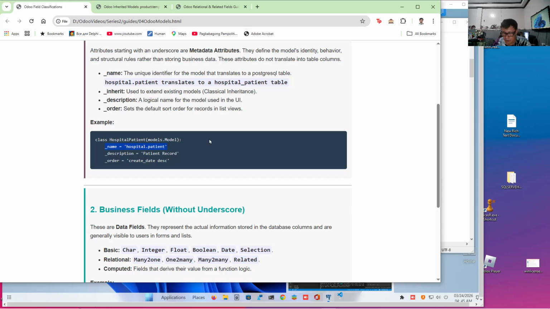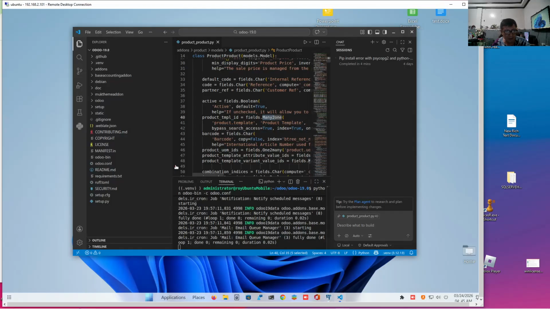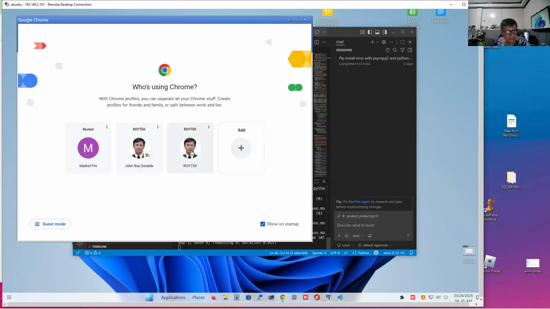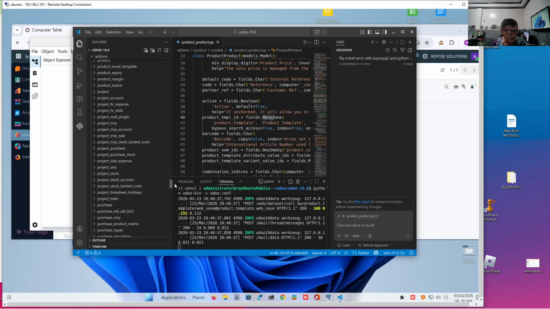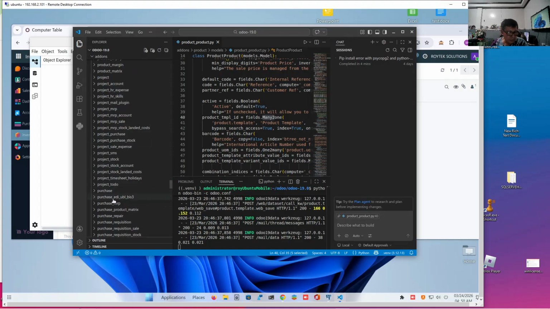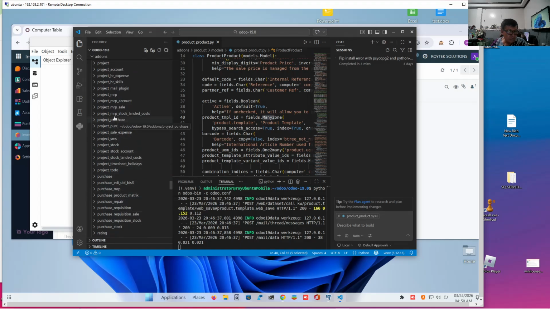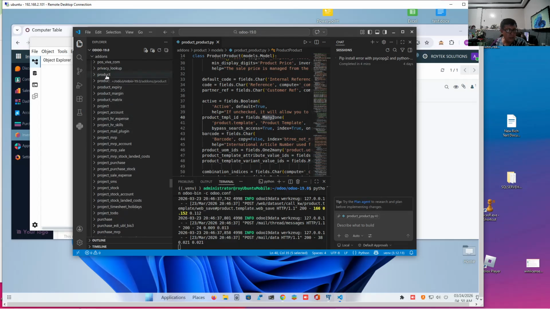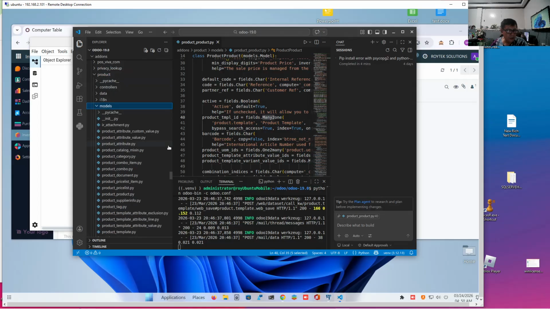To give you an idea, let us look at an actual example in our previous Odoo app. Remember, we had the installation before. So let's go to our Odoo. There it is, product purchase. Let's look at the models now.